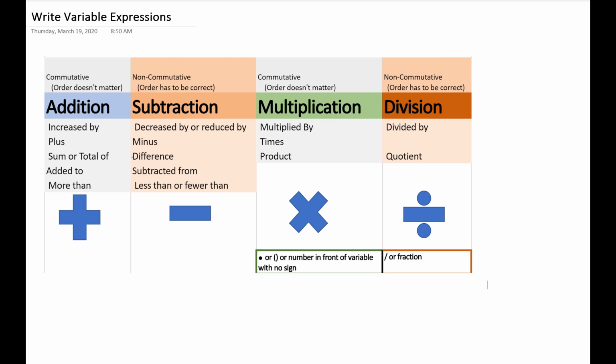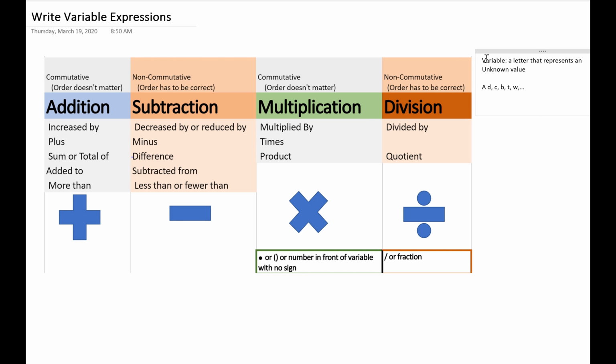First of all, I want to remind you what we mean by variable expressions. Remember, a variable is just a letter that represents an unknown value. So this letter could be A, D, C, B, T, W. It doesn't actually matter what the letter is. All that matters is that this letter is showing you that there is a value that you don't know in